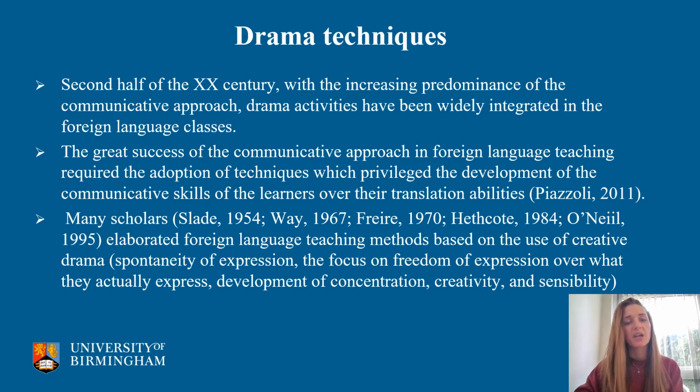in this field. In fact, from the second half of the 20th century, with increasing predominance and interest in the communicative approach to modern language teaching, drama activities have been widely integrated in the foreign language class. In particular, the great success of the communicative approach required the adoption of new teaching methods which could privilege the development of communicative skills over the translation abilities of students. In this respect, over the past decades, many scholars have elaborated foreign language teaching methods based on drama techniques